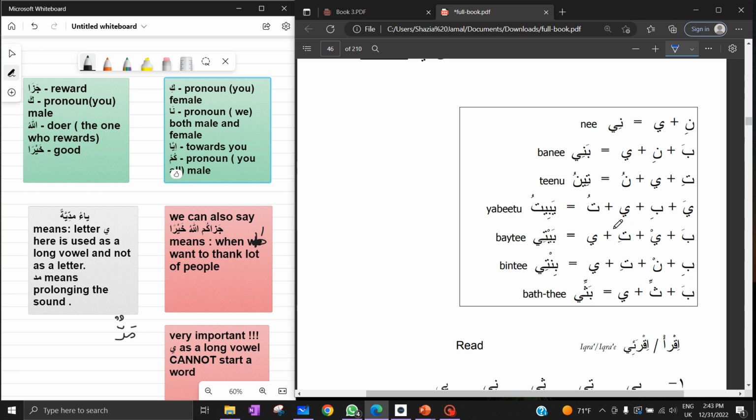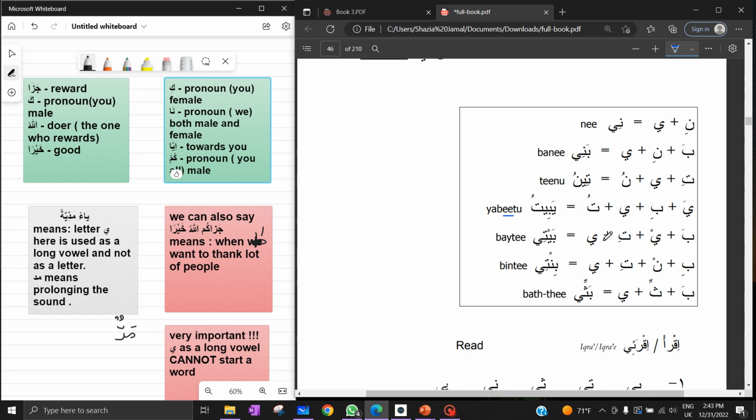Ya, bi, tu. You're prolonging your sound. You are prolonging these two E sounds. Ba, fatha, ya with sukoon. So this is not a long vowel. Bai. Ta, kasra,